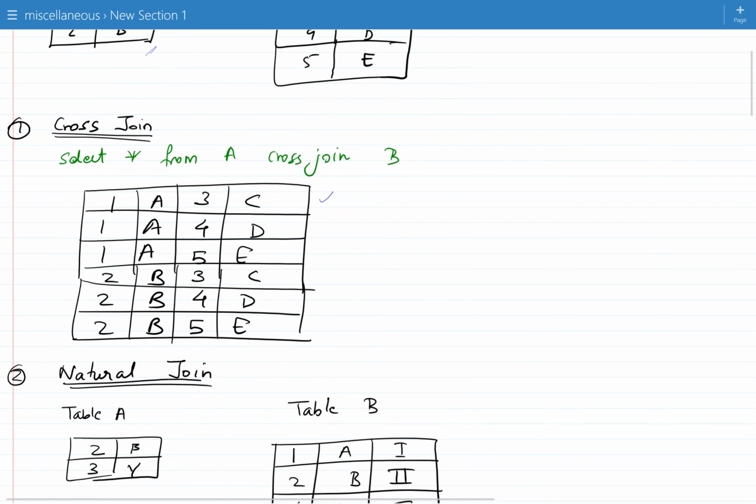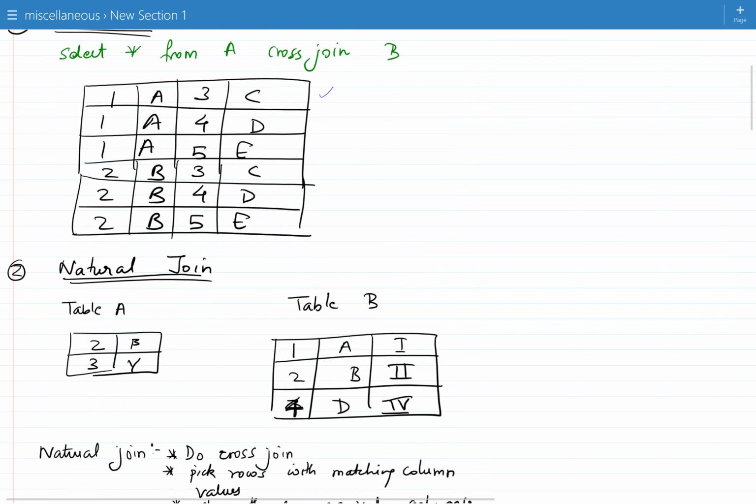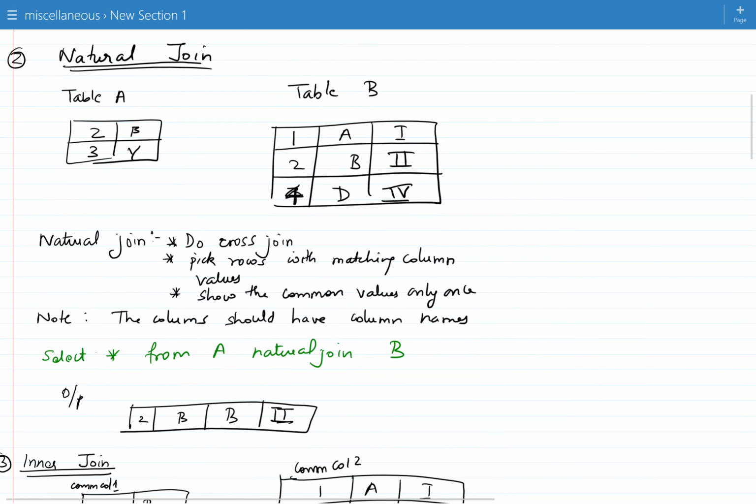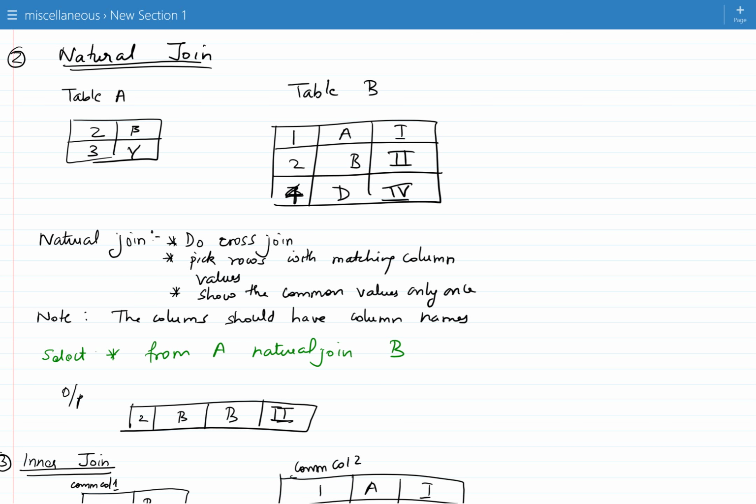Now let's move on to the natural join. So let's say we have the following table as table A and the following table as table B. How natural join works is,